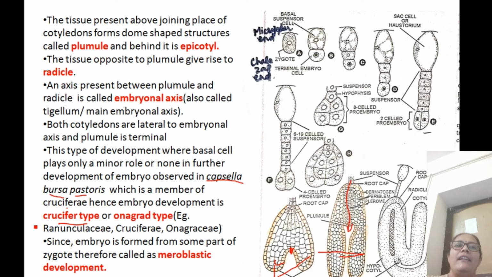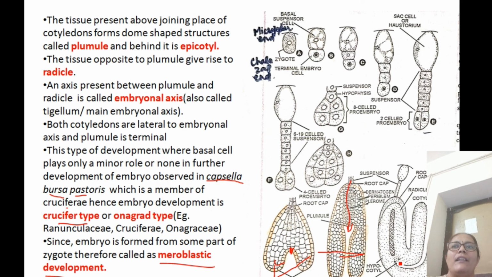Hence the development is called crucifer type of development or onagrad development. Examples of these are families Ranunculaceae, Cruciferae and Onagraceae. Since the embryo is forming from only some part of the zygote, not the whole zygote, such